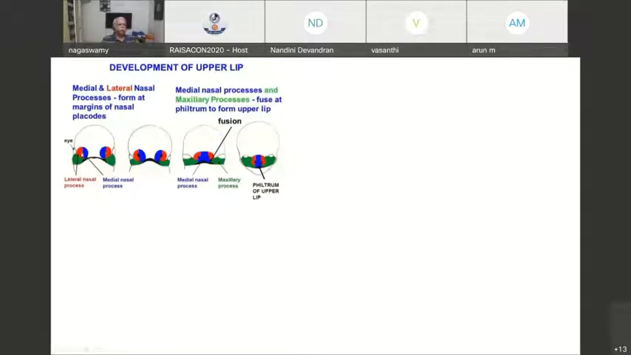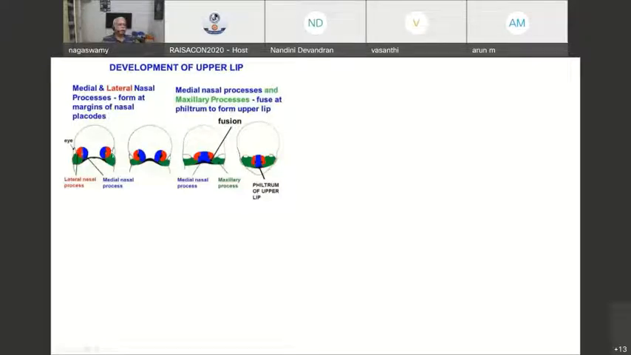So this blue and red, what you see, this red is the lateral nasal process, blue is the medial nasal process, and this is the maxilla. Green is the maxillary process. So they are all clubbed together and they are separate from each other. Okay, so there is a big gap here, and above the maxilla you find the eyes are developing in the